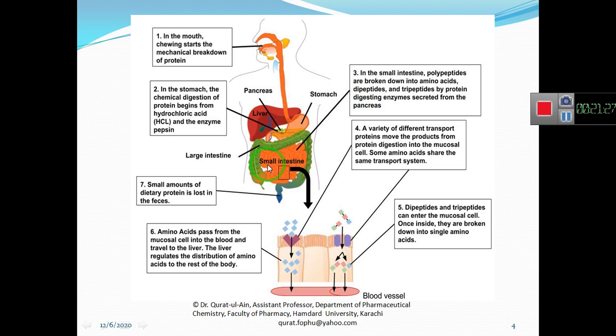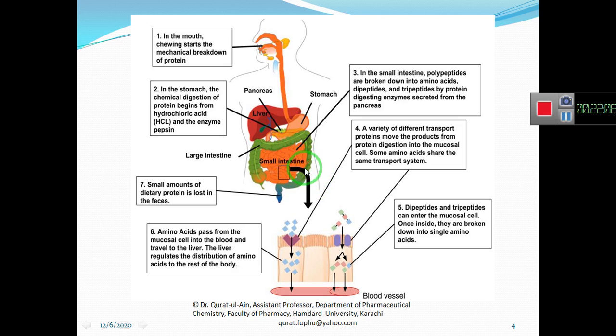So in the small intestine, you are having the enzymes dipeptidase and tripeptidase. This dipeptidase enzyme only works on the small chain that is having two peptide bonds and chops it to release the separate amino acids. And tripeptidase acts on the small polypeptide chain that is having three peptide bonds. So after the breaking of these peptide bonds, what we will be having is separated, individual amino acids.